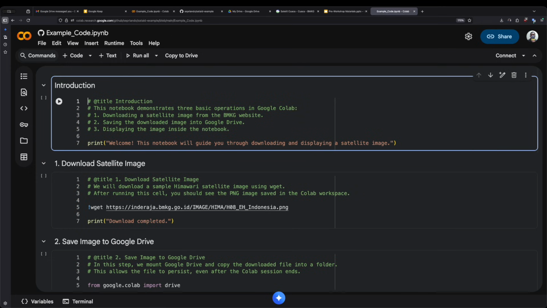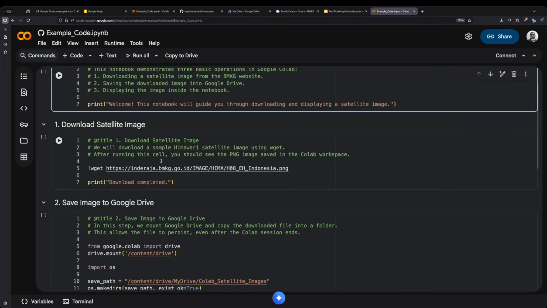Just enter. Yeah, this is the code from GitHub. This method is very useful when instructors share material using GitHub.